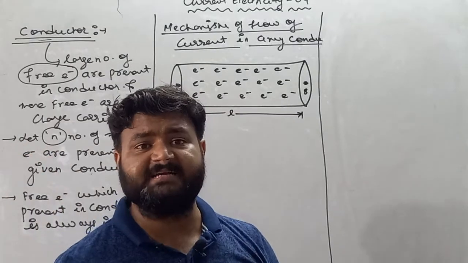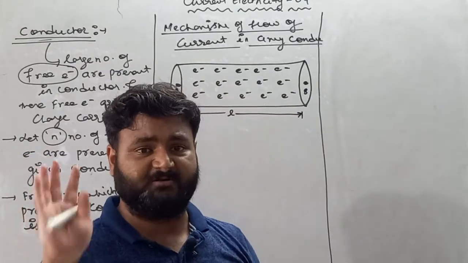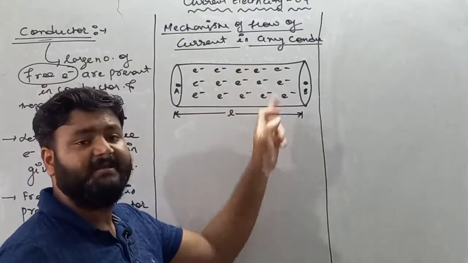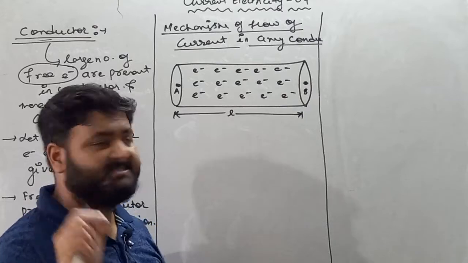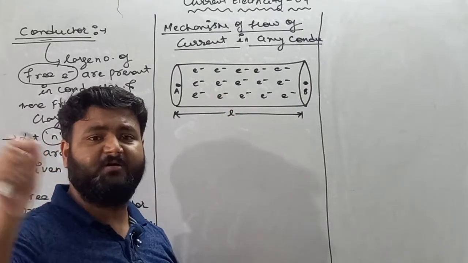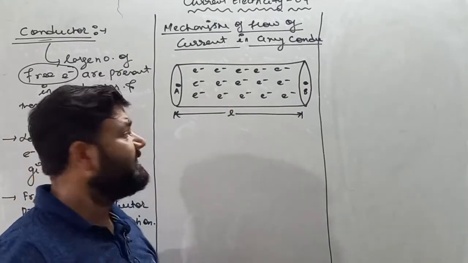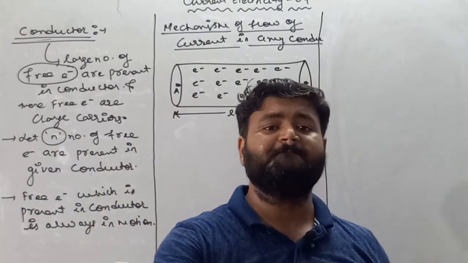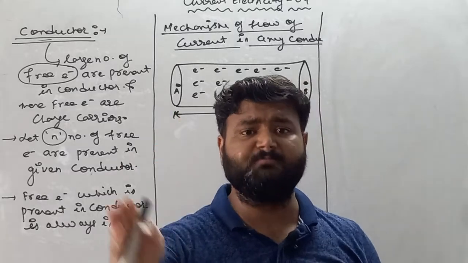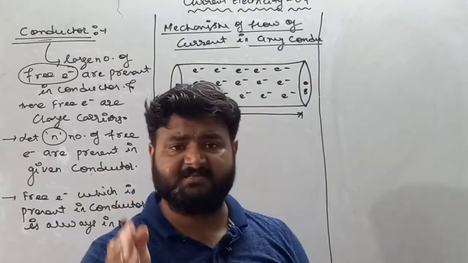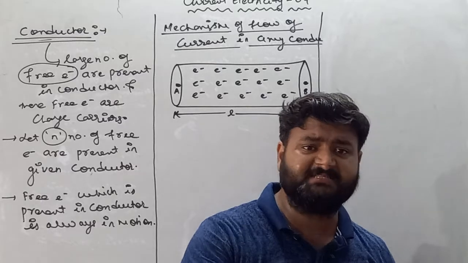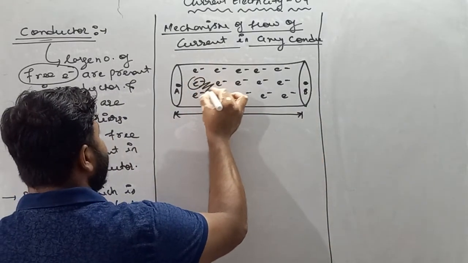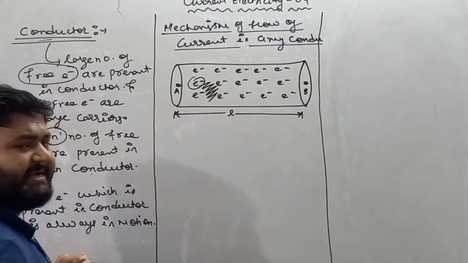If an electron is at rest, then it is not a free electron. So my dear student, as the number of free electrons inside the conductor is very high, the motion of free electrons is always zigzag, because every free electron collides with its next free electron. Hence its velocity changes. Velocity is a vector, so its direction changes. So we'll say these free electrons are always performing zigzag motion inside the conductor.